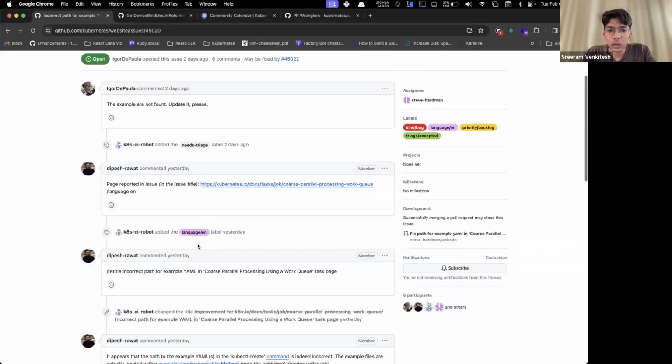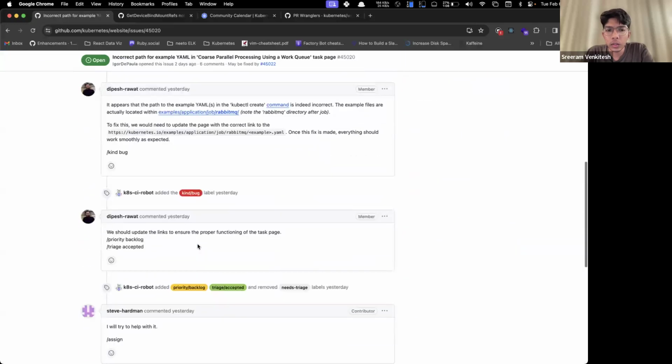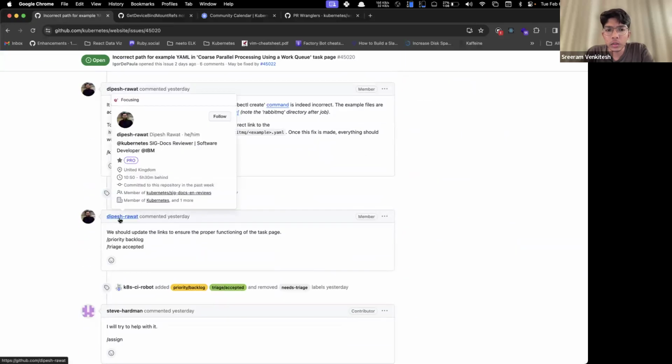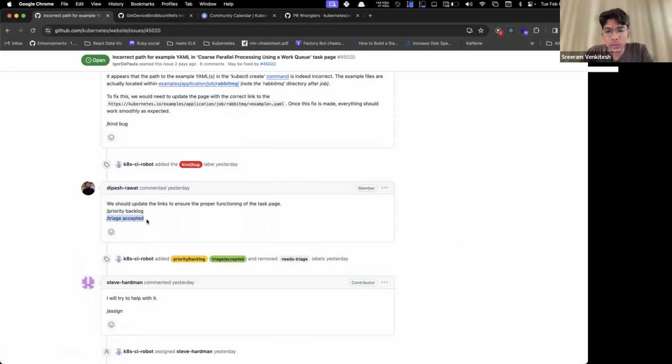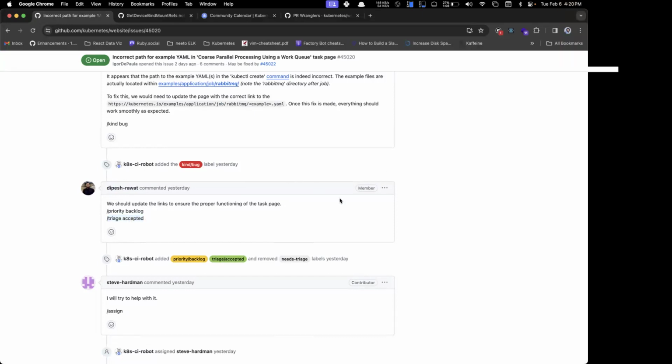Right. I would need to get back to you on that. I think we need to be part of, like you can see here, Deepesh is part of the Kubernetes SIG docs reviews team, and because of which he can add the triage accepted label. I'm not entirely sure, because in some issues I saw that normal people can also give those tags, like priority backlog and triage accepted.